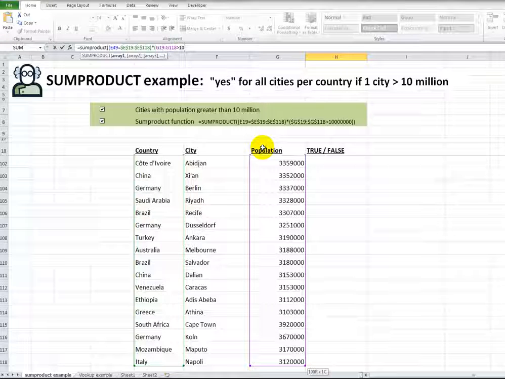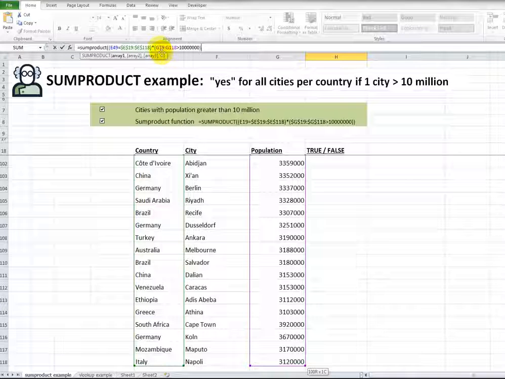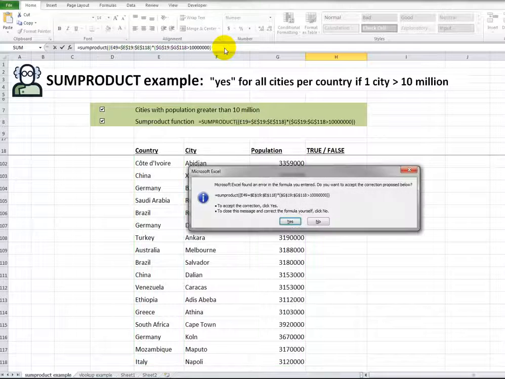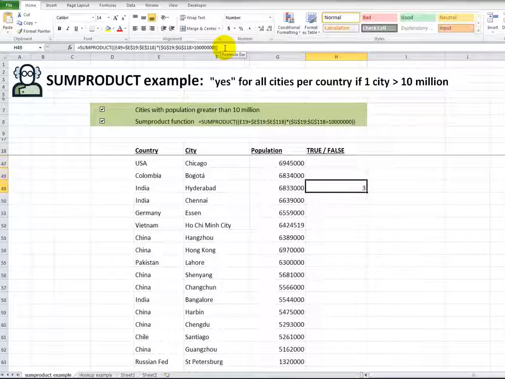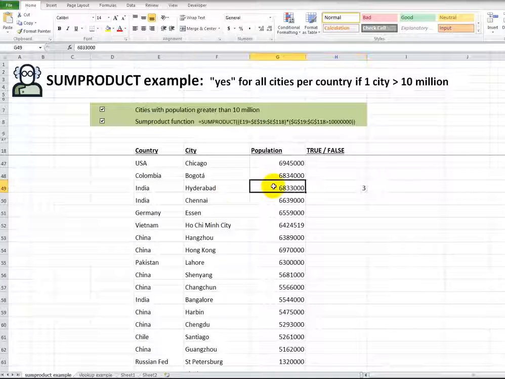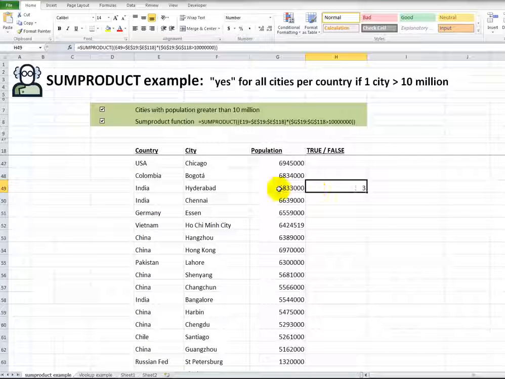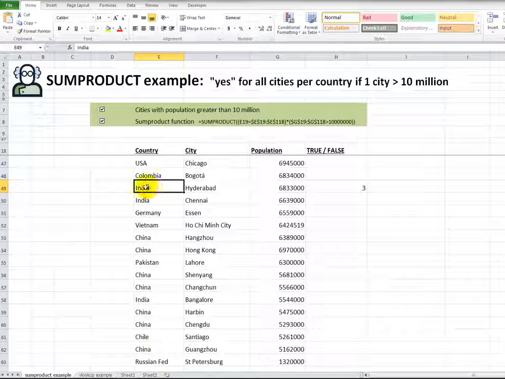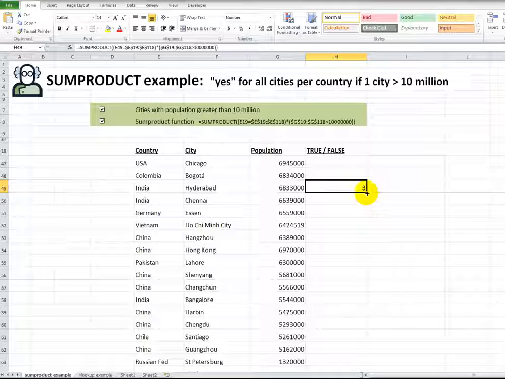So I just type this in, 1, 2, 3, 4, 5, 6, put the bracket, and press F9 to lock it. So I just press enter. I put the last bracket on for me. So it's saying there are 3. So even though this city doesn't have more than 10 million, there are 3 other cities for India, for the same country, India, that have more than 10 million. So I'll just drag this down,